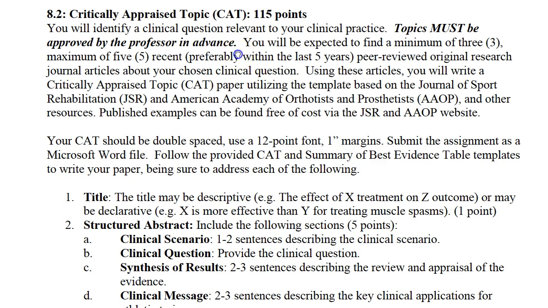I have on the screen the assignment directions from the syllabus. I'm just going to hit the highlights of this. Basically, through our course, during our time together, we're going to be doing a lot of rough drafts for this particular assignment. It's a pretty involved assignment. You may have actually done something like this in your professional program.